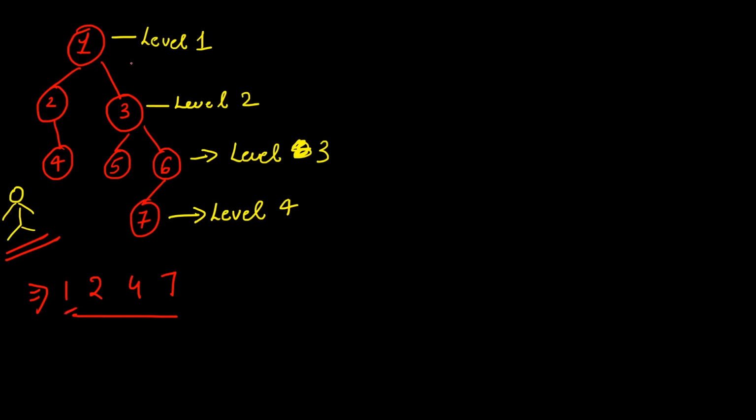For example, here you can see level 1. What is the first node? 1. It is a part. Level 2, the first node is 2. It is a part of the left view. Level 3, first node is 4. It is a part. And for level 4, the first node is 7. That is a part. So you must have understood what we actually need to do: we have to just keep track of these first nodes, and by using them we'll be able to find out the left view of our tree.